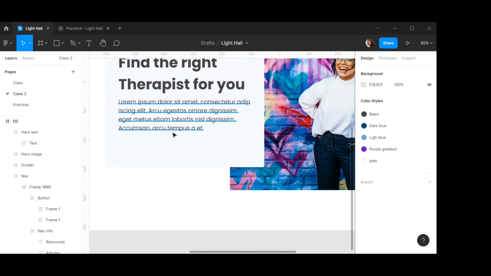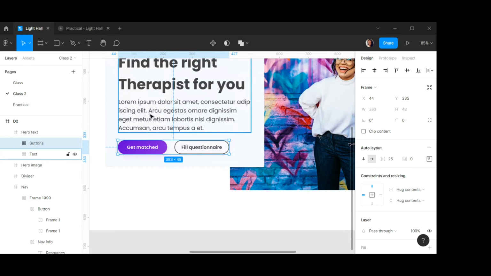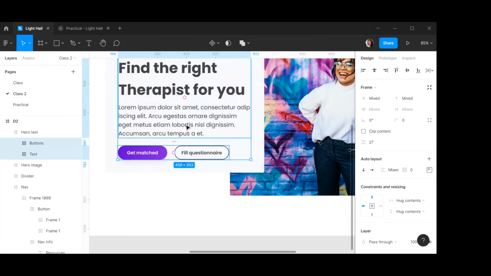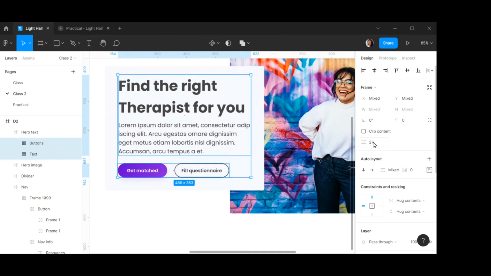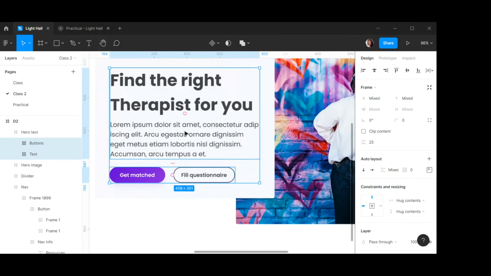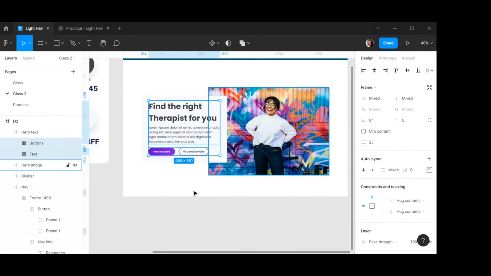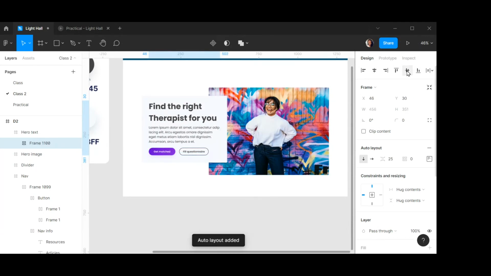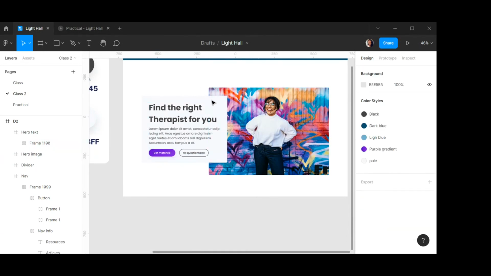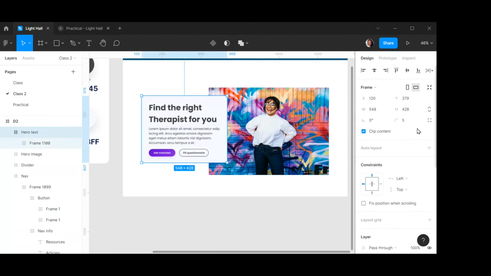Okay, just undo that. The spacing between the buttons and the text, we're going to make it 25 as well. And now to this, we'll add another auto layout and just align everything in the center here. Now, if you've done that, to this hero text, we're going to add